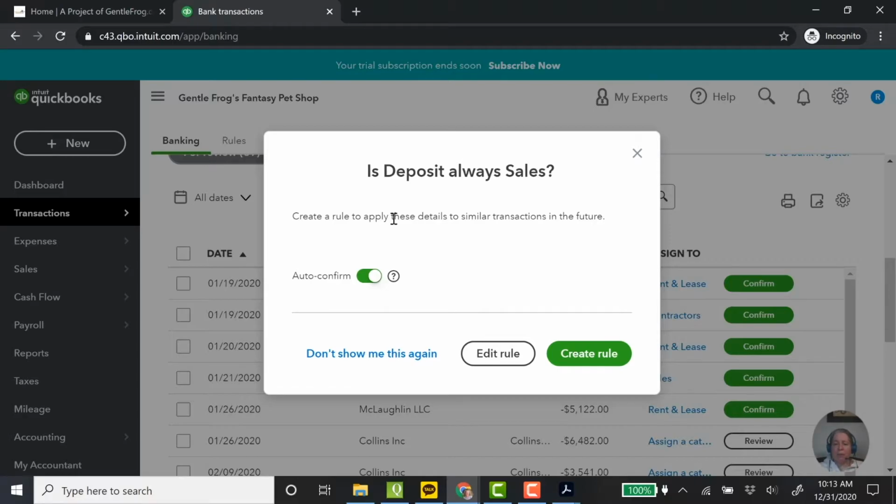This pop-up, QuickBooks is saying, is the classification, the word deposit, is that always the income account called sales? And I can say, yeah, it is. That would be really great if you can just do this for me automatically. So this says, is this always sales? If I say yes, create a rule, and if this, then that rule, to apply this to similar transactions in